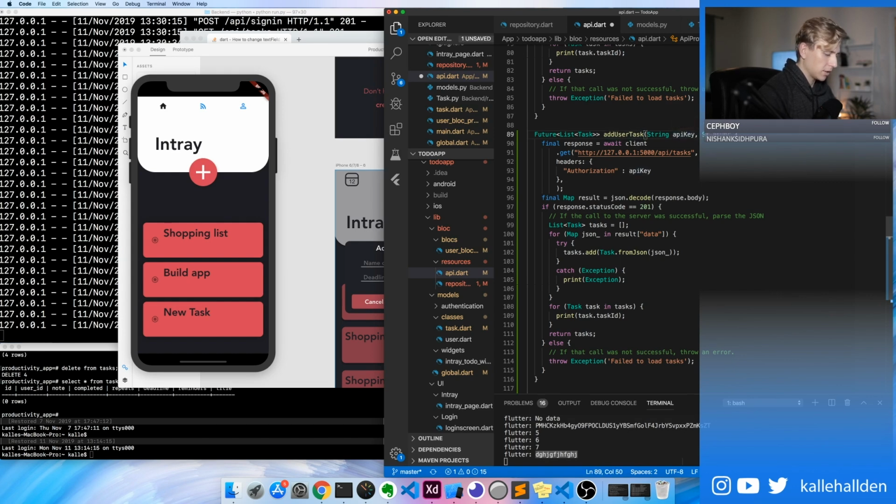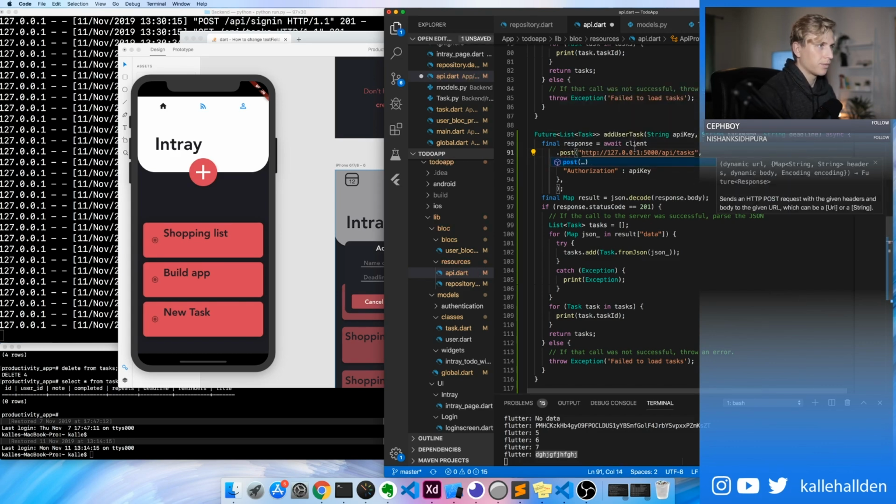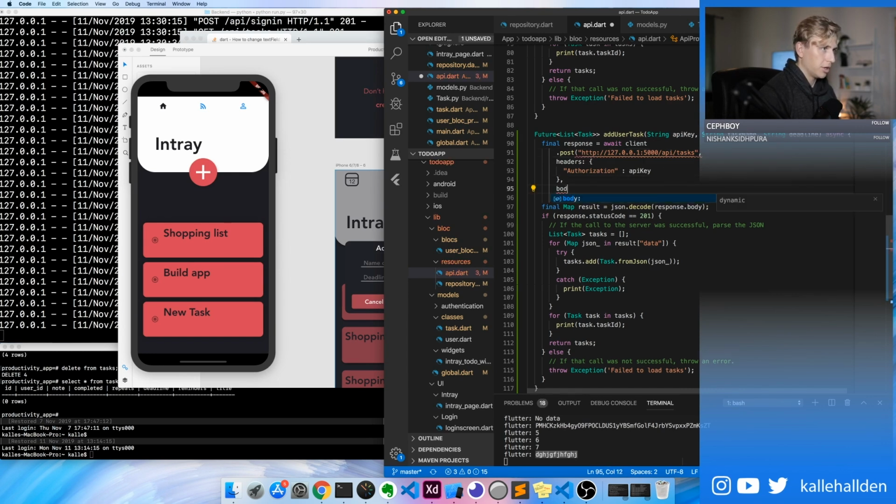API key, string task name, string deadline. All right, perfect. Post is what we want. Headers, authorization, API key. Body needs to be